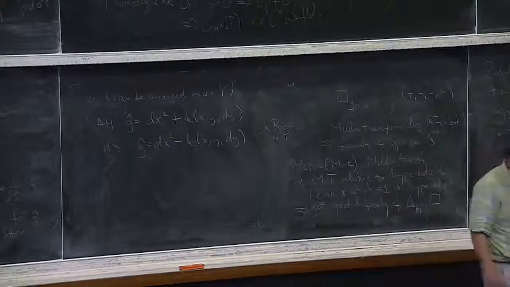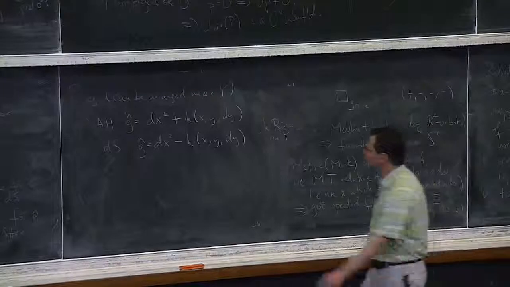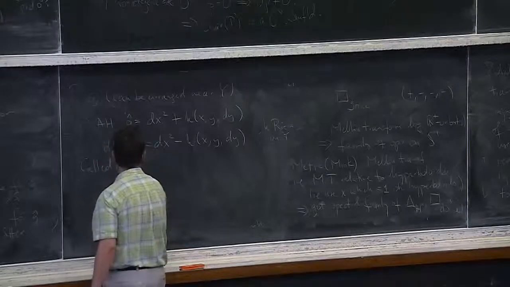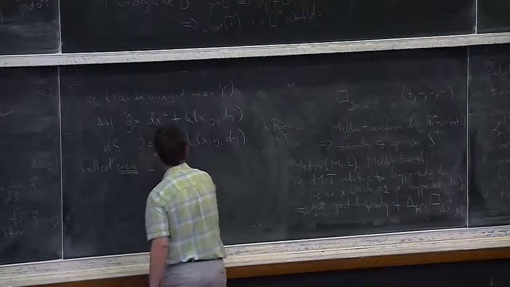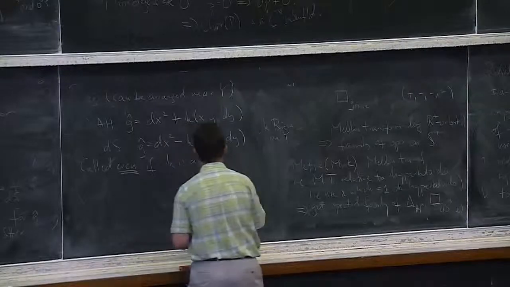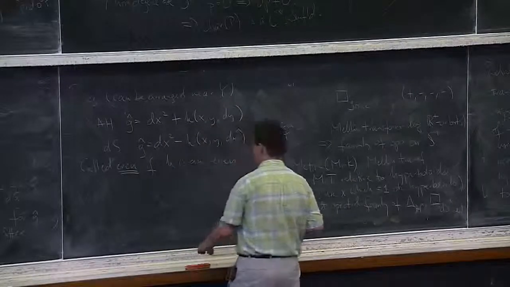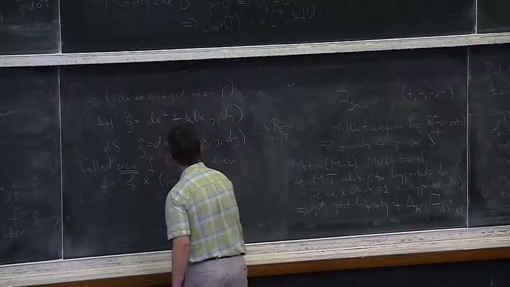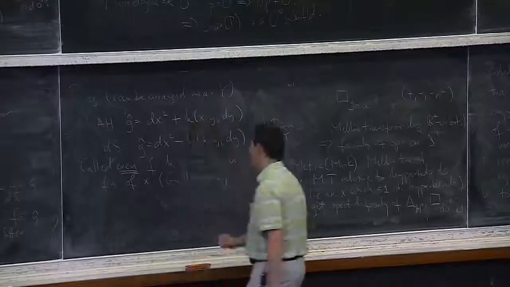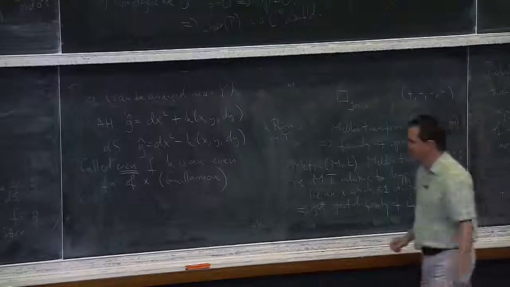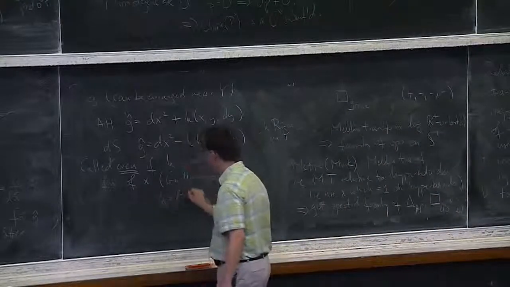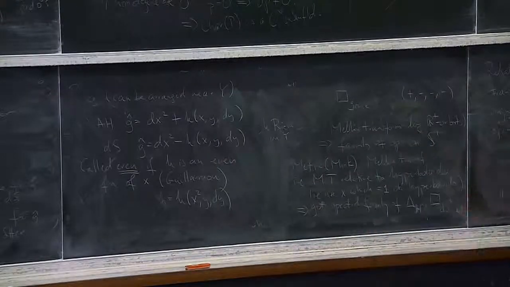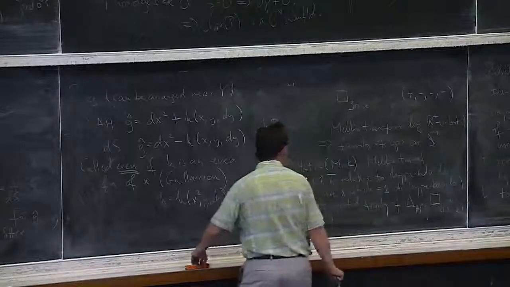Now it turns out that there's one more thing that makes a difference here. So these metrics are called even if h is an even function of x. So this actually is well defined, and you can write this down in a better way, but I'm not going to do it. So this is due to Guillermo. Okay, so in other words, h is h of x squared. So this is a bad notation, but I'm just going to say this. Okay, and so if you have this,